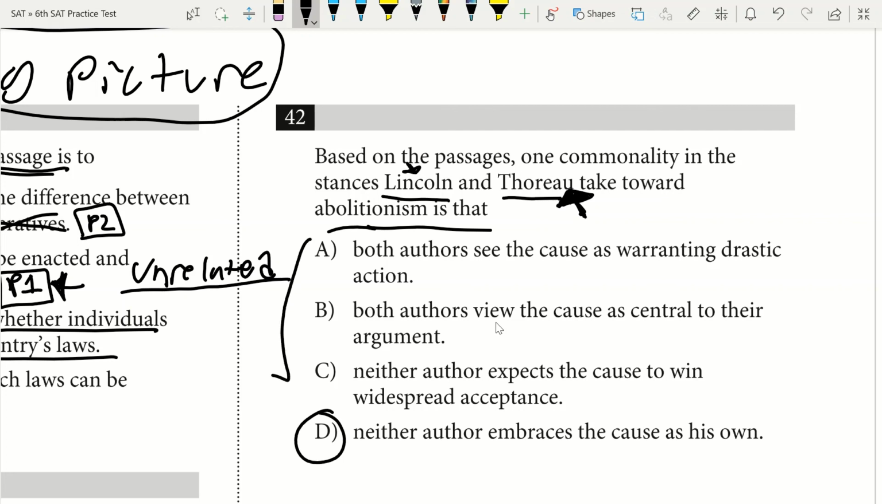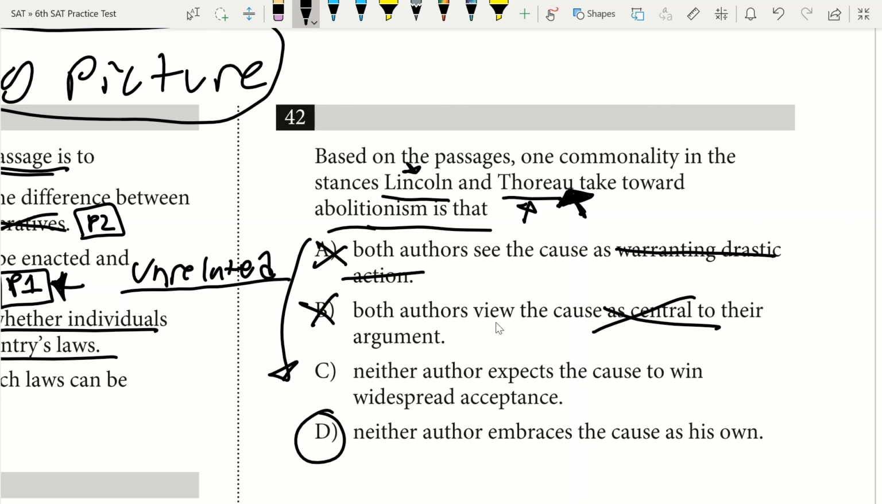I'll go ahead and cover why A through C are wrong real quick as well. A, both authors see the cause as warranting drastic action. Lincoln definitely does not, because he's saying obey all laws. B, both authors view the cause as central to their argument. They're not really using it as central to the argument, okay? Lincoln really only touches on it briefly, and same with Thoreau. Thoreau really only touches on it briefly as well, so it's definitely not central to their argument,